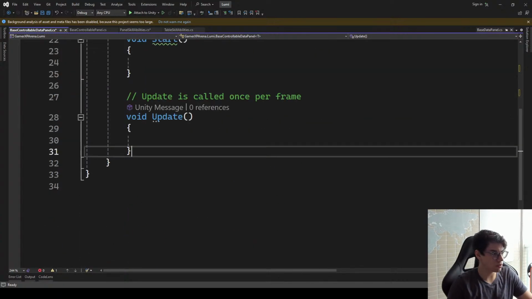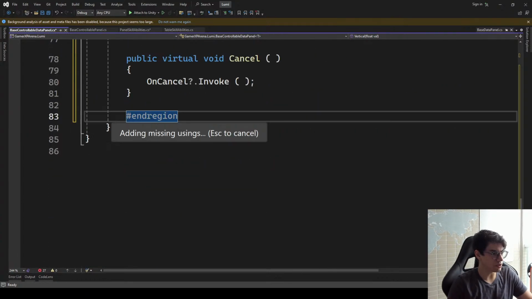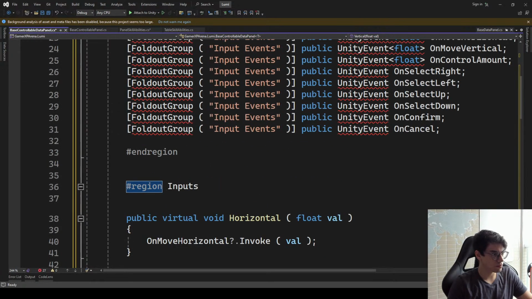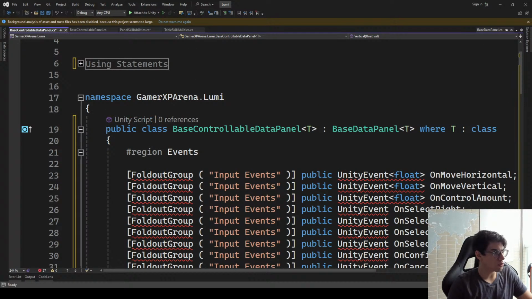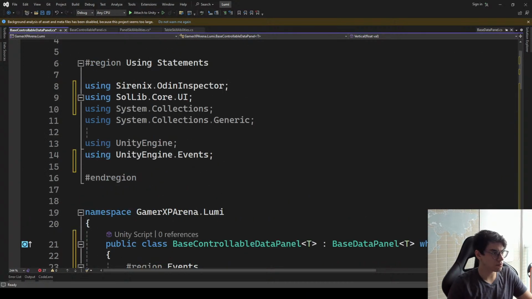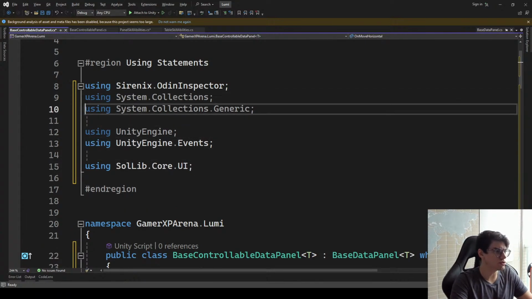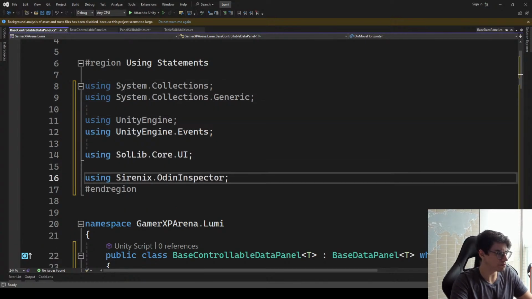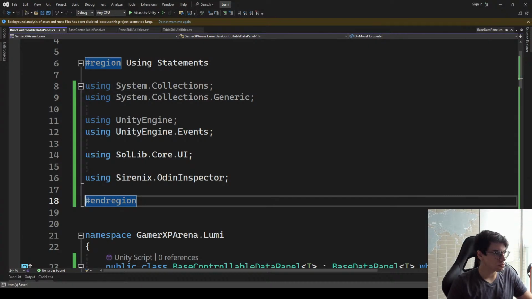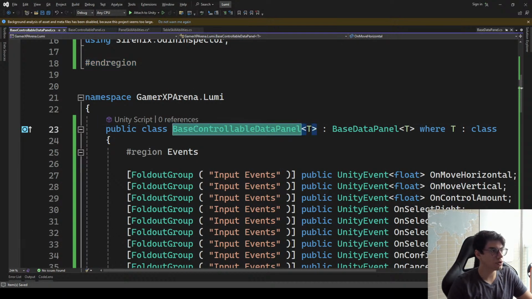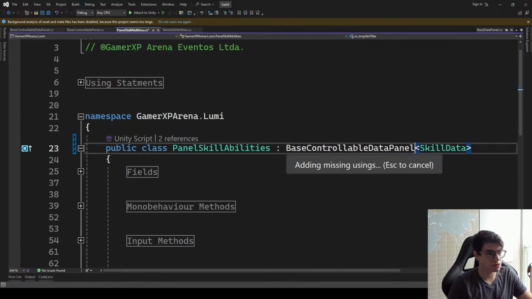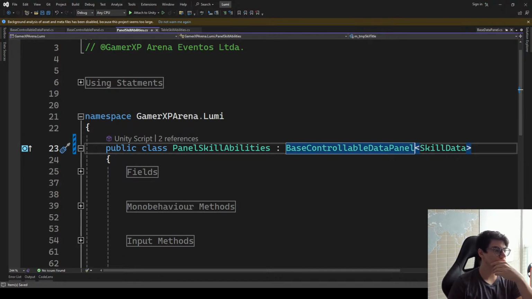Then we paste this like this, and we need to import the... Oh, Visual Studio did it. That's good, okay. That's all we need. Then we can just pass this on to this. And we should have a controllable